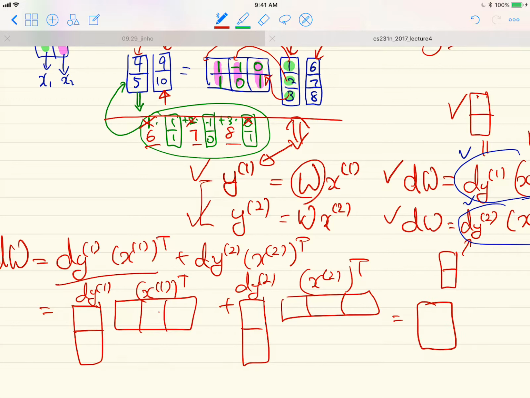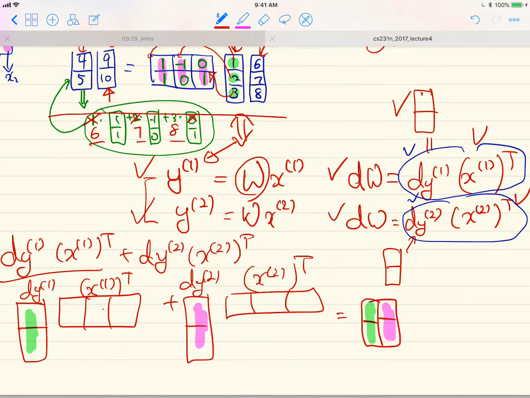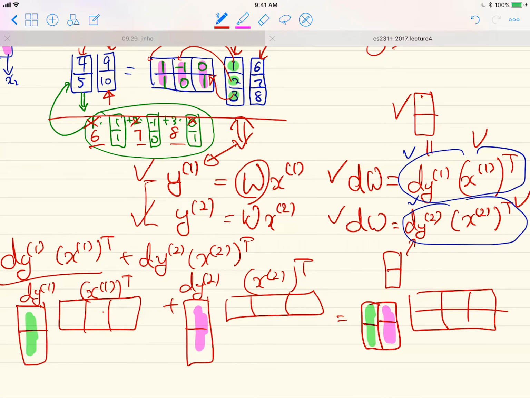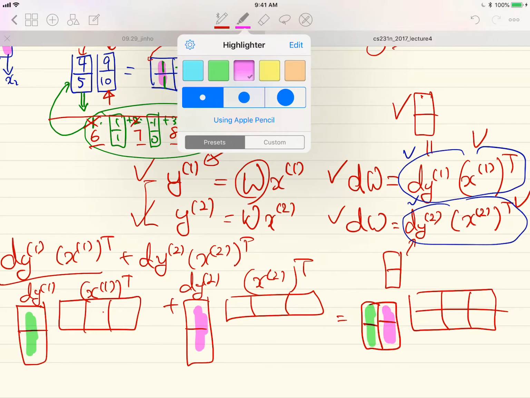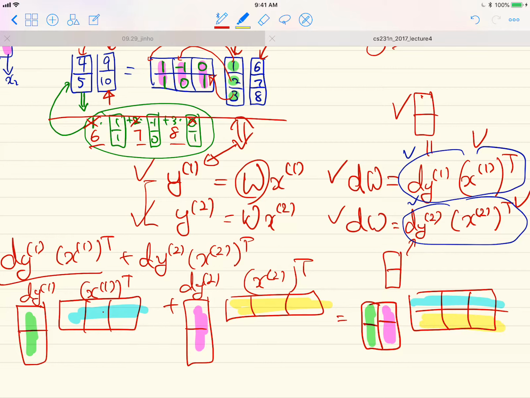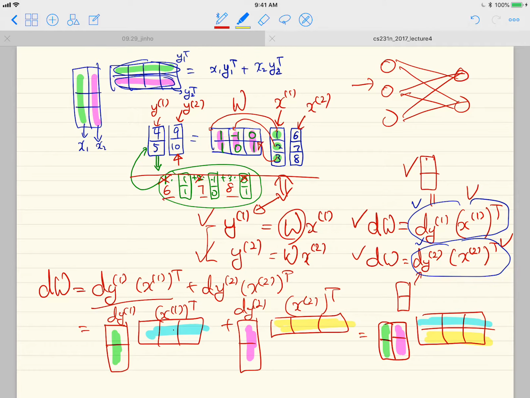Yep. So this guy comes here, and this guy comes here. Okay, and then this guy is over here, and this guy is over here. So this is just a rearrangement with respect to columns and the rows, right? Okay, so our final conclusion is